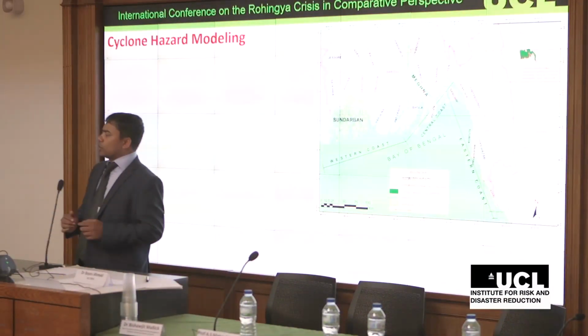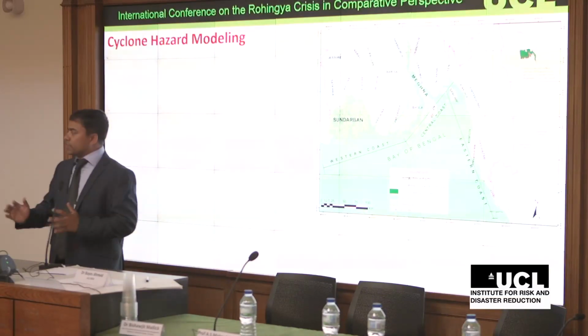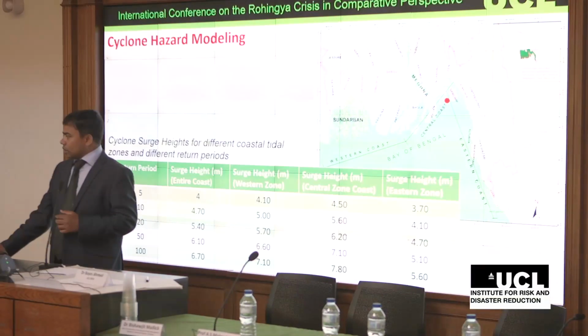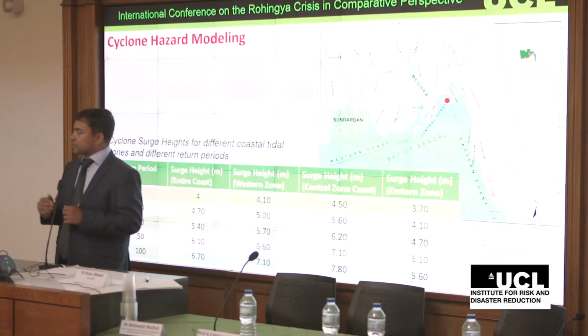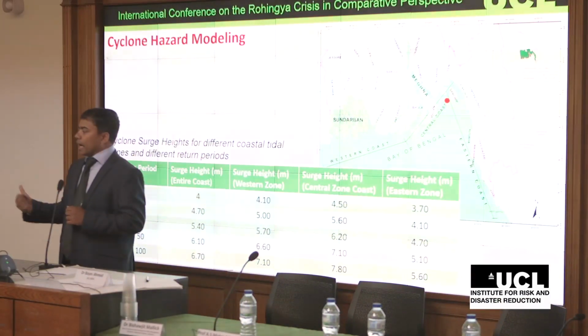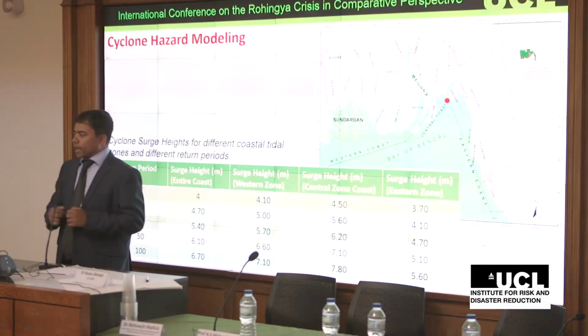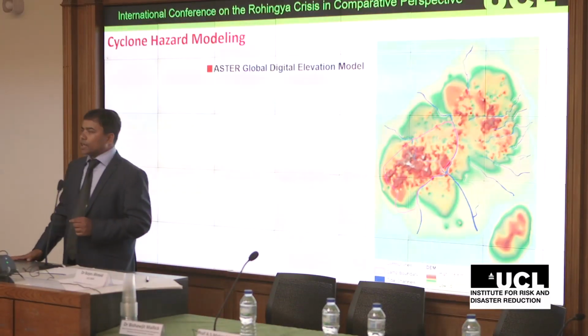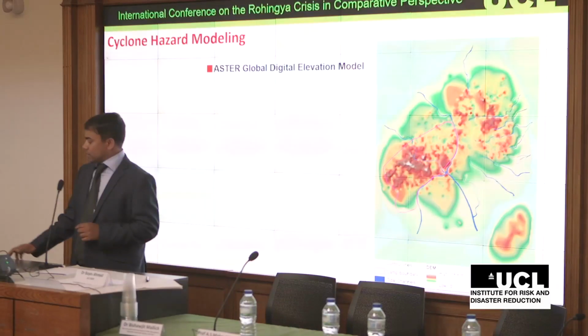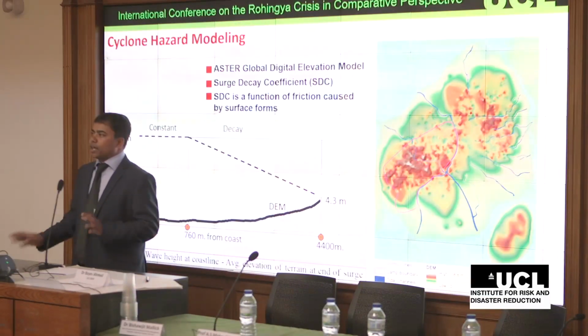In the Bangladesh coastal zone, you can see there is a western zone, central zone, and eastern zone. Bhasan Char is at the intersection of the central zone and eastern zone. I analyzed cyclones with return periods of 5, 10, 20, 50, and 100 years, with the surge height of the central zone, using the ASTER digital elevation model